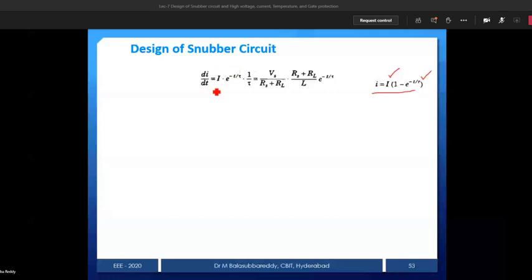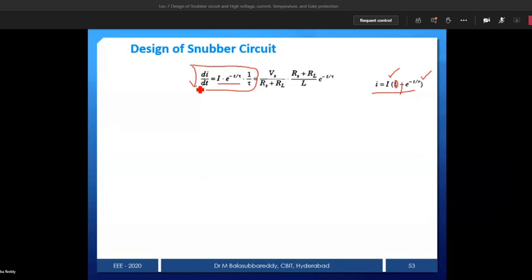di by dt is equal to U into V derivative plus V into U derivative. So then I into the inside derivative, as 1 is 0, that means minus e power minus t by tau, then tau is equal to 1, minus 1 by tau, minus minus gets plus. So therefore you will get this expression, plus the other version V into U derivative. U is a constant, so the derivative of a constant is 0. Therefore you will get only di by dt is equal to I into e power minus t by tau into 1 by tau.